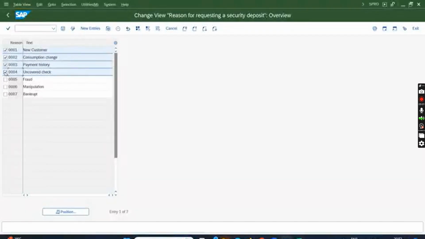Okay, some check they have done which is not covering the entire invoice amount. There are some fraud, manipulation, bankrupt, whatever reason you may add. Okay, already 7 reasons are there. I'm not adding anything. In a real project, your client will tell for what reason the SD is